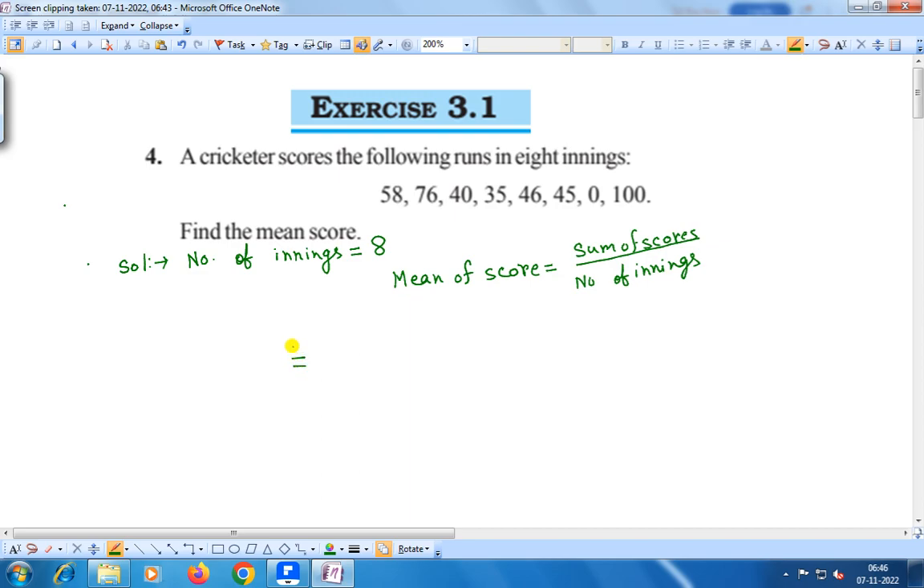Sum of the scores is 58 plus 76 plus 40 plus 35 plus 46 plus 45 plus 0 plus 100, and number of innings is 8, therefore divided by 8,